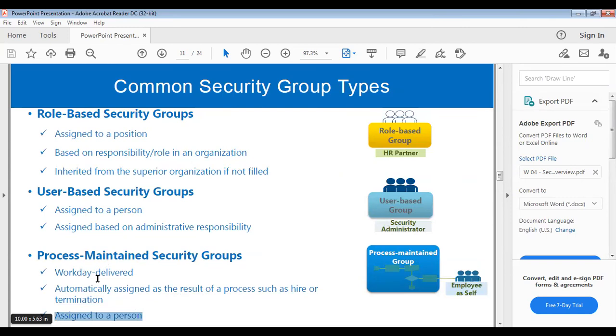For example, your manager has created some request, and you need to work on that. But you're not getting the request. Why? Because you're not part of the particular security group. That's the reason you're not getting it. Others are able to work on that, but you're not able to work on that. So these are some of the security issues that you'll face in real time.